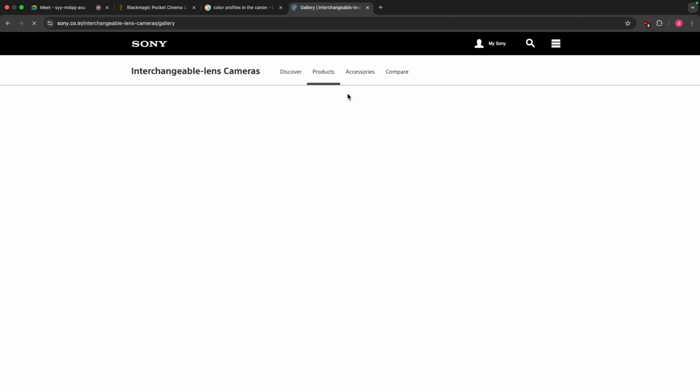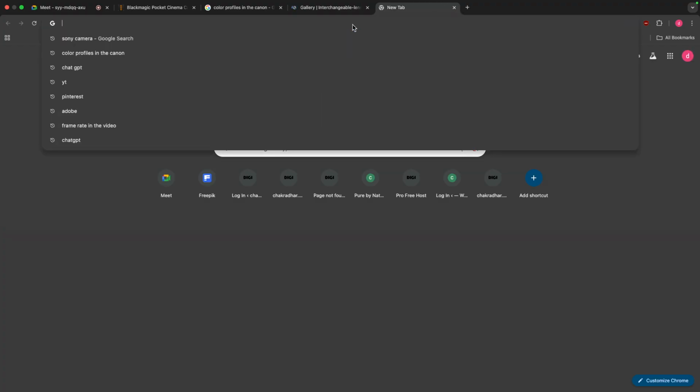Some of you already know about S-Log. S-Log is the Sony color profile that preserves the dynamic range of the pixels in the picture or video. And we will see about Canon